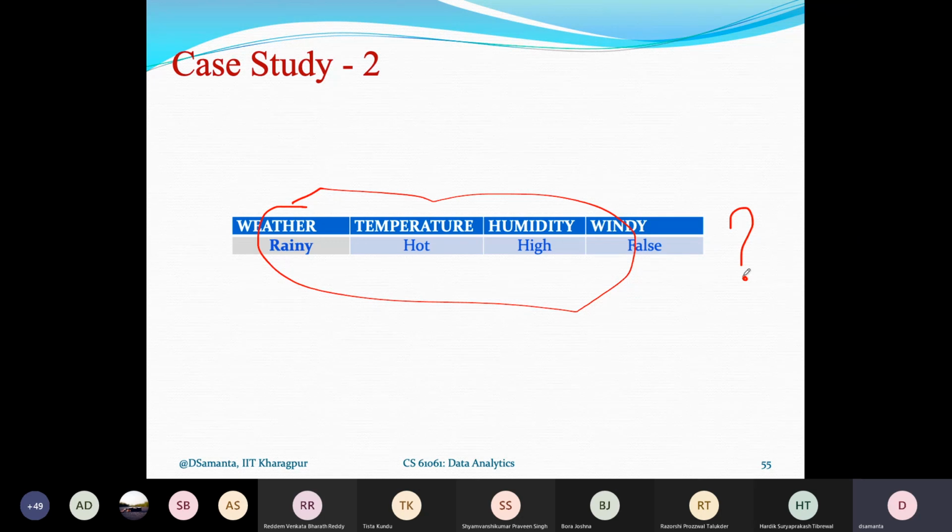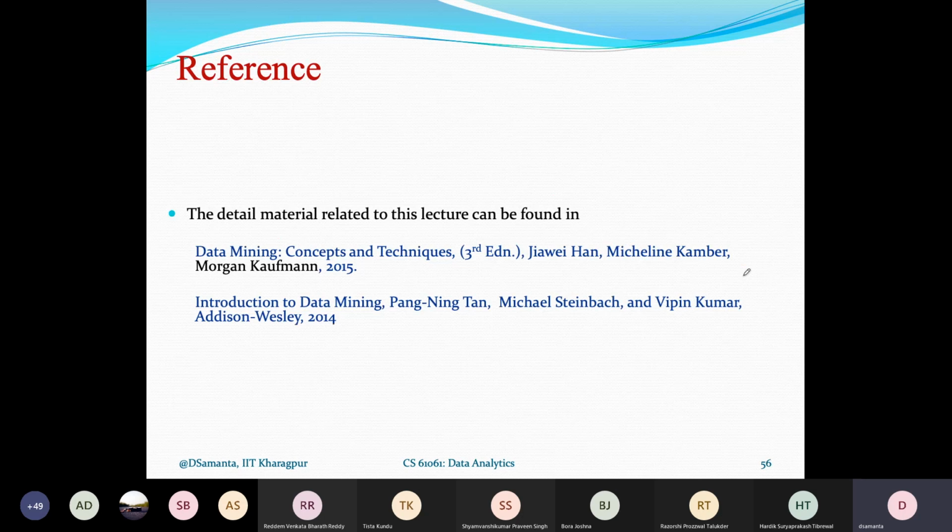So these are the two case studies that I have given to you, and you can try on your own. I hope you have understood the concept. The Bayesian classifier is easy to understand actually, and it is a very simple application of Bayes' theorem on probability, which calculates the reverse probability, and how it can be applied to calculate the class probability. That is the main concern that you have to learn. That's all as far as my presentation today is concerned.